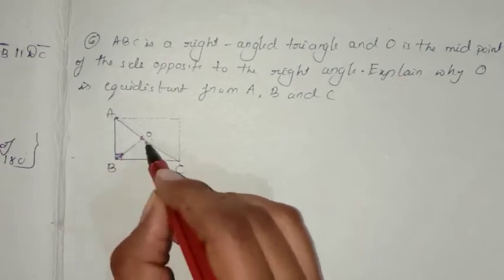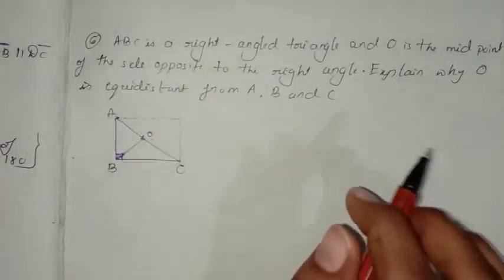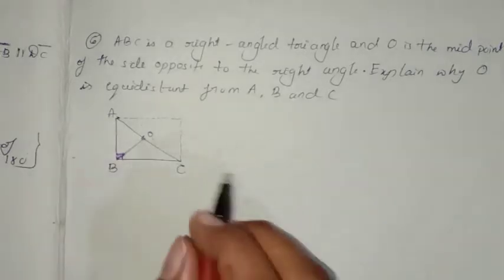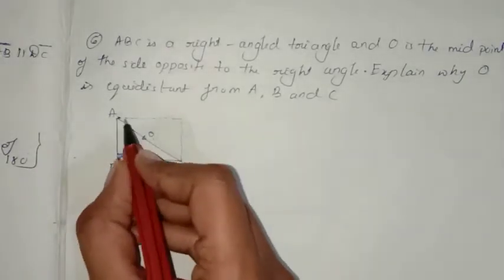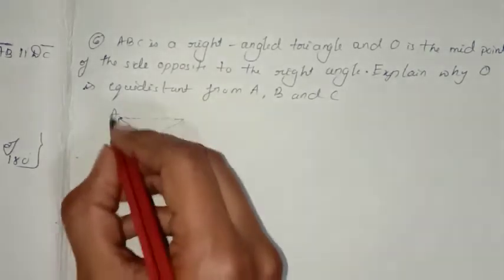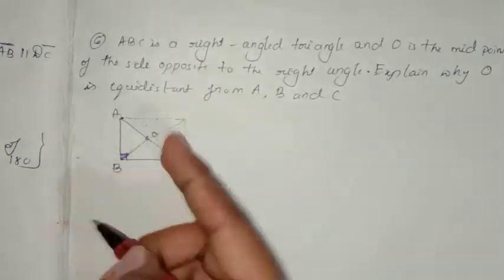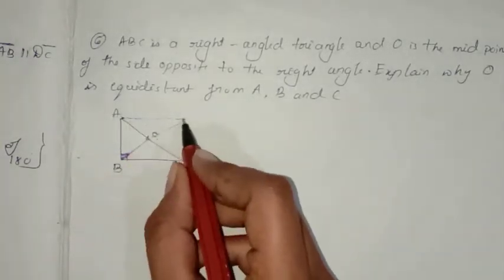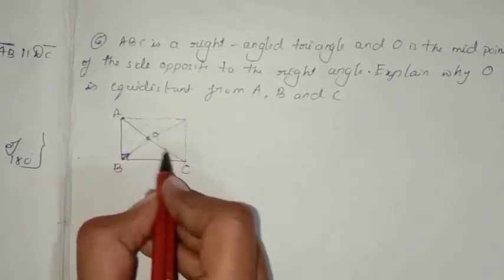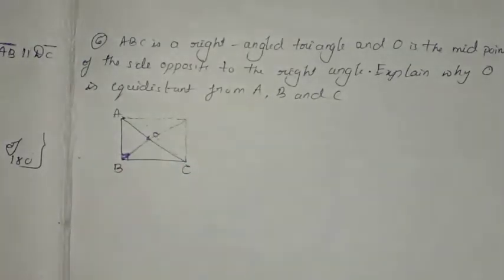That means these are equal, you have to explain why it is equal, on the basis of which you will say these are equal. So first thing, you know that, if you draw this one, you will get a square form. As it is a 90 degree angle and in squares, you know that the diagonals will form. In diagonals, these two sides are equal, these two sides are equal, you have to prove.